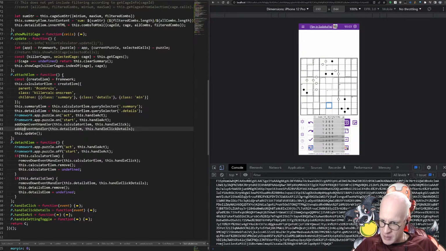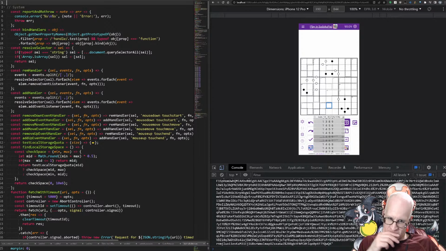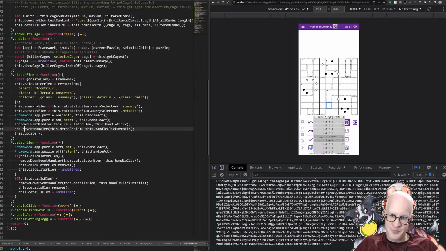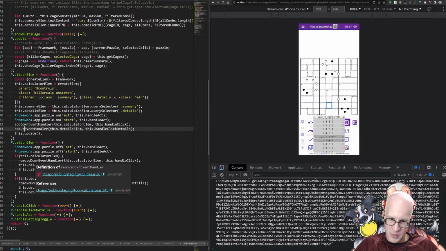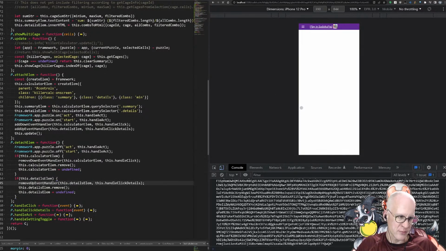I'm wondering if there's a touch down, touch up. The problem is if I do it on the up event handler, it might still interfere with touch scroll, unfortunately,